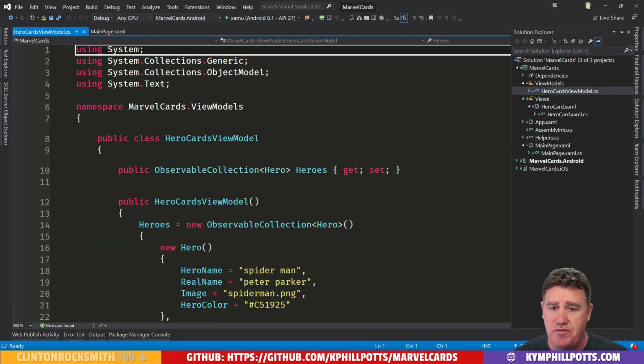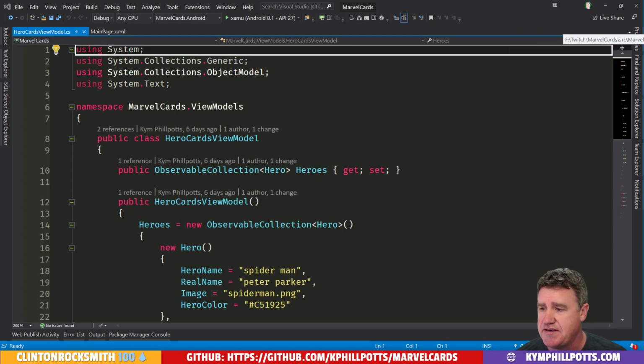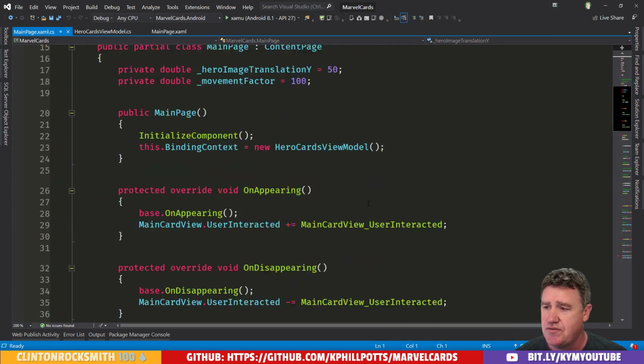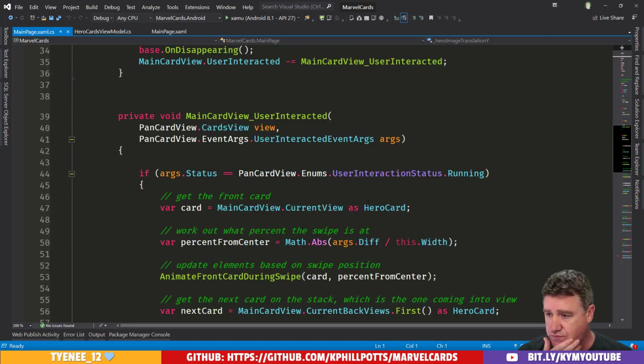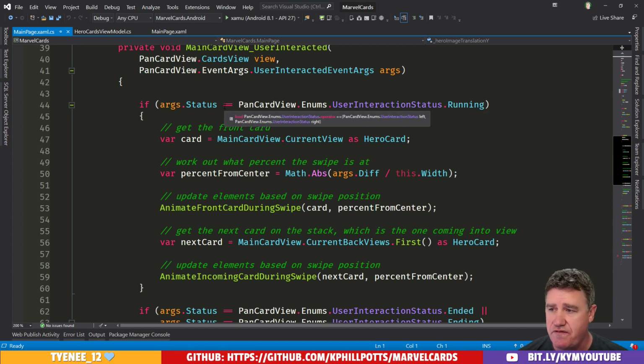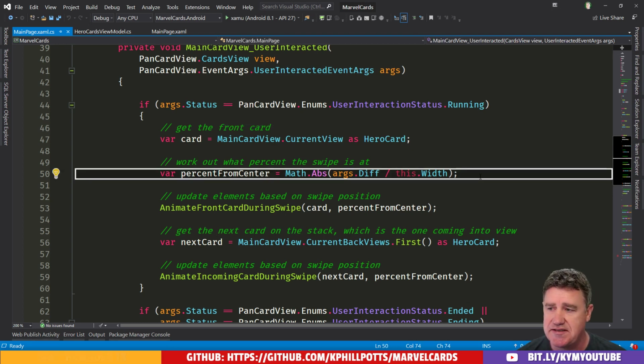I'm not going into the view model. I want to go into my main page here. And we'll basically say when the running of the card view is going, I want to say,